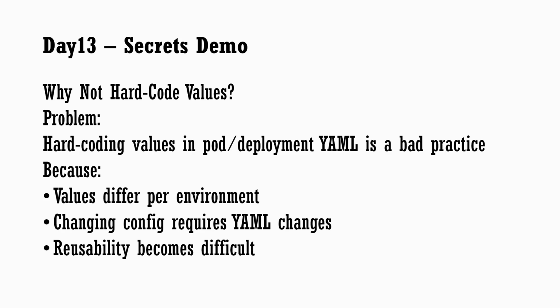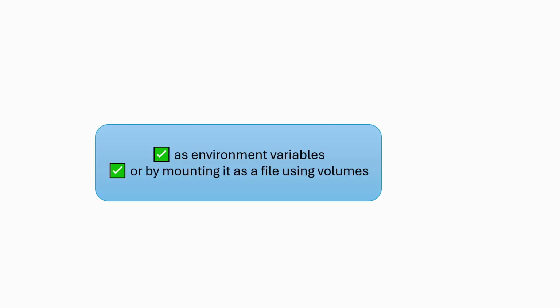For this purpose, Kubernetes provides two special objects, config map and secret. These are Kubernetes resources used to store configuration separately from the pod definition files. In the last video, we saw how to create a config map and how to use it inside a pod. We also learned an important point. If a config map is consumed as a volume, updates reflect automatically, but if it is consumed as environment variables, updates do not reflect automatically and we need a pod restart.